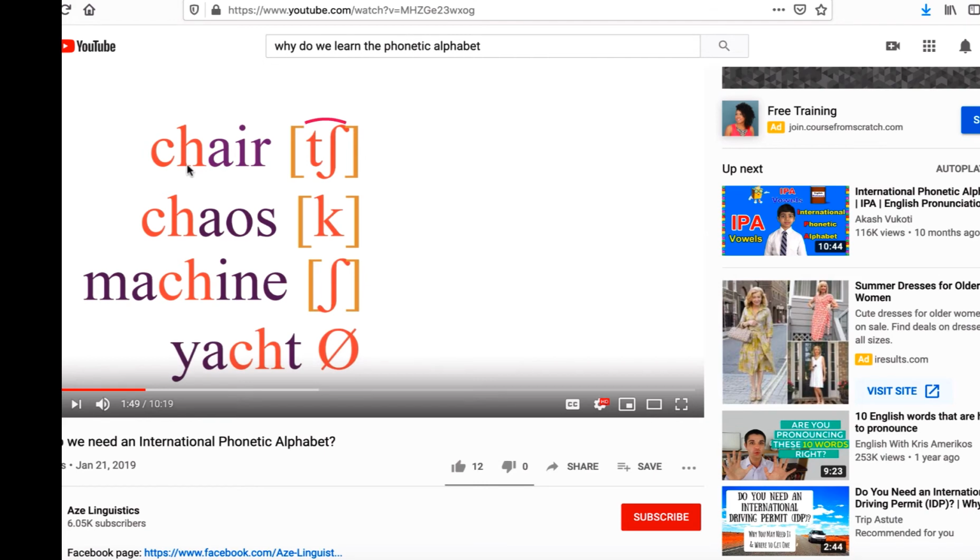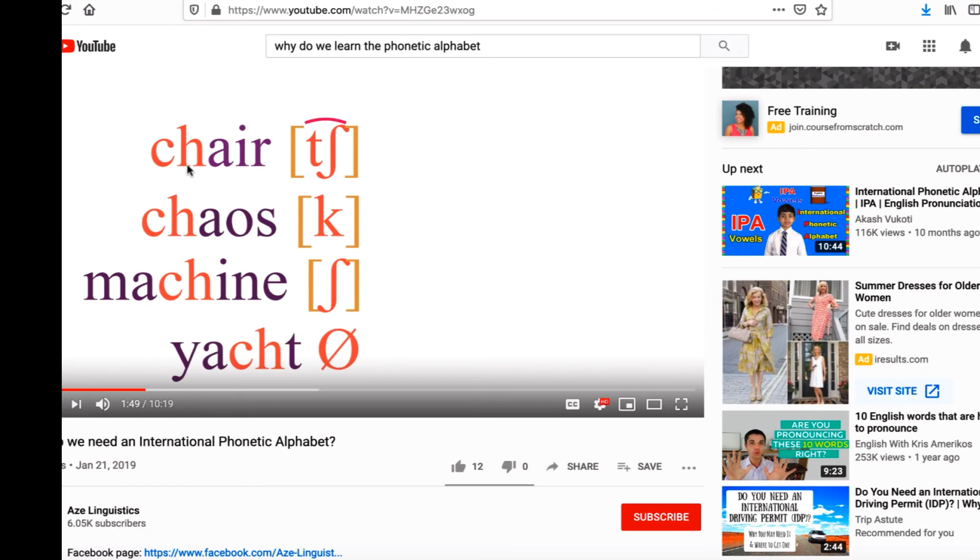CH could be "k," as in chaos, or CH can be an "sh" sound, as in machine, or it could have no sound, as in yacht. The CH is silent in here. So if you are a non-native speaker of English, which all of you are, and you're trying to learn a word based on spelling, you can often go down the wrong road because we use the same characters to represent many different sounds. So that's when linguists across the world decided we're just going to create this chart like the periodic table,